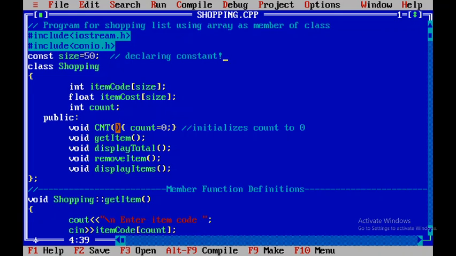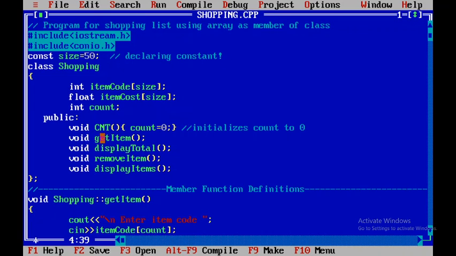The cnt method is defined here only, as an inline function, as count equals 0. So when we call the method cnt, our object's count will be initialized to 0.